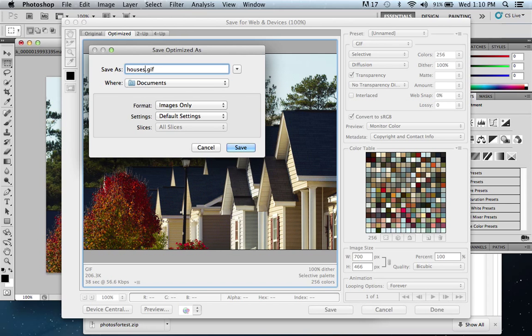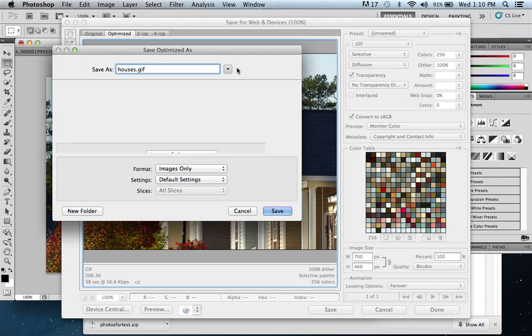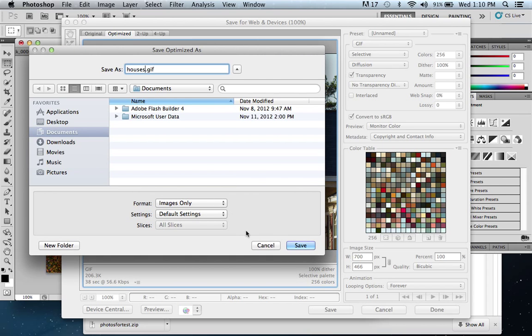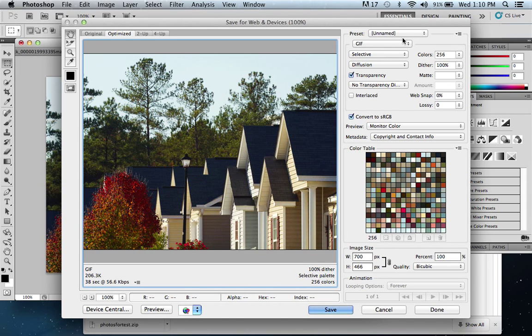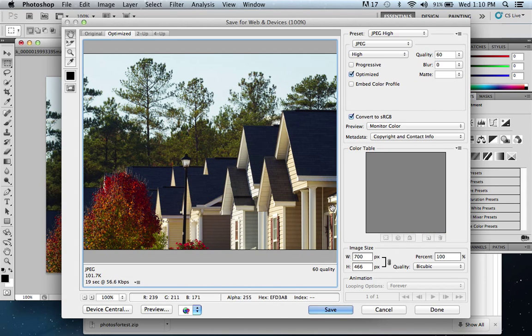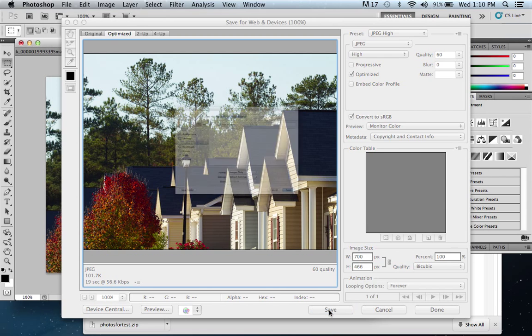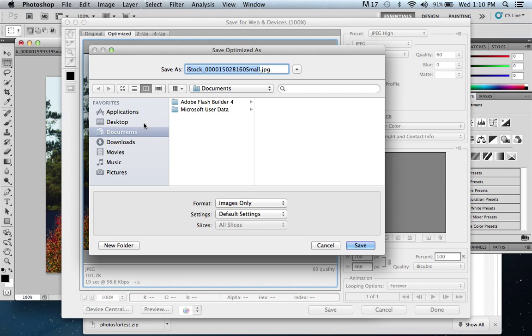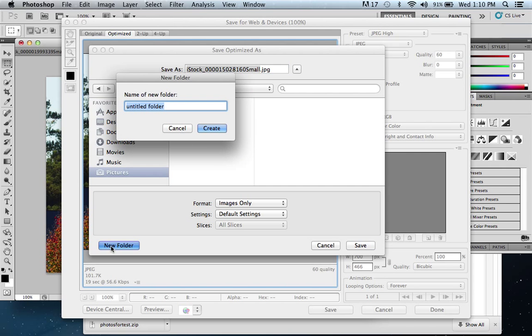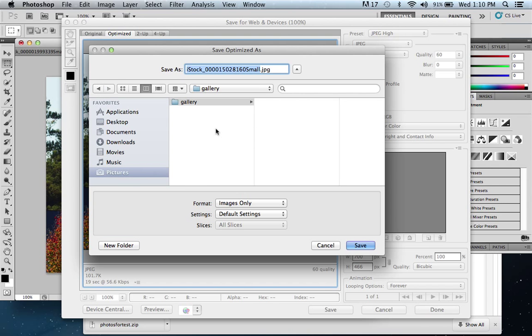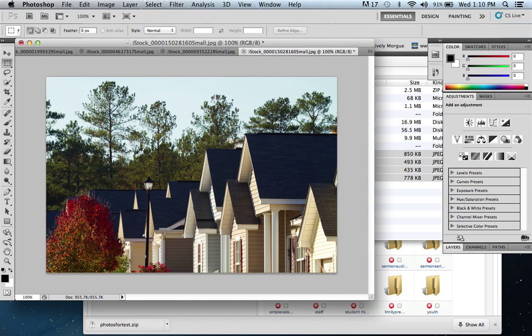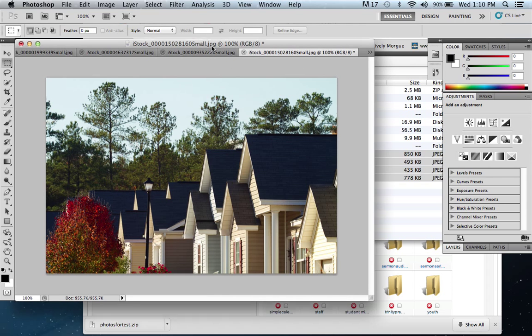and just give it a name. Oops, I'm saving that as a GIF. It's better to save it as a JPEG or a PNG. So I'm going to change that to JPEG, save. I'm just going to create a folder in my pictures folder, call it gallery, houses, save, do the same with the other three,